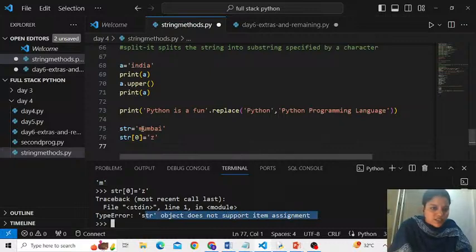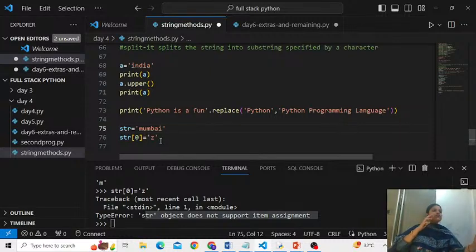Means you cannot change anything here. आप यहाँ पर कोई भी चीज edit नहीं कर सकते. This is called an immutable nature or behavior exposed by the object. So the object refuses itself to be edited or updated. Correct? I hope you got my point.